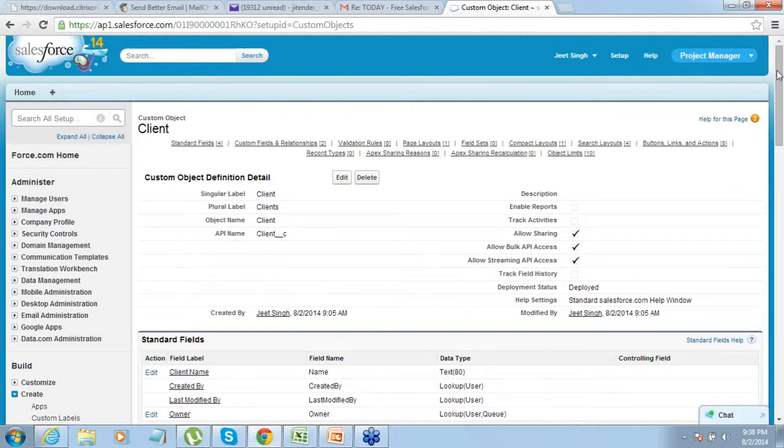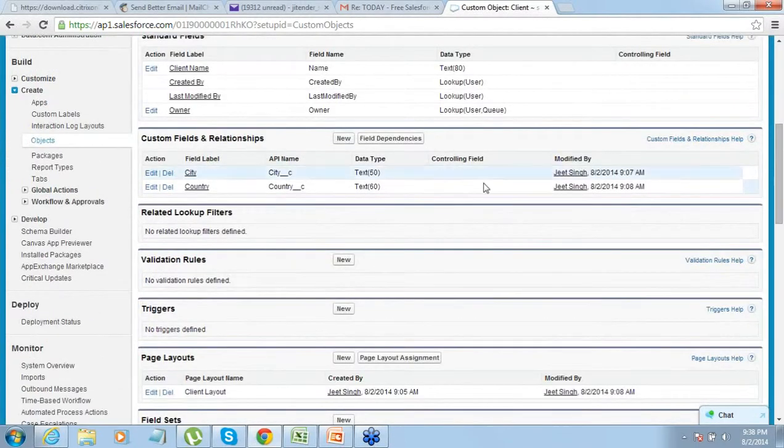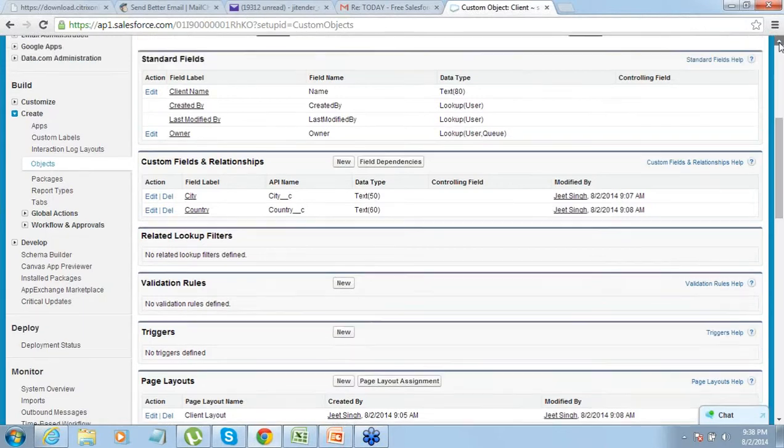So now I've created an object or a table for clients. This table will be required for storing client information. Now you can enhance this. After this session is over, you can create more fields into this. You can track the industry of the client, which industry the client is into. You can put the street address of the client, the phone number, fax number of the client, and whatever fields you want to track, right? So I'm just taking 2 fields for now. So my object is ready. I've created an object where I can track all the client's information, right?